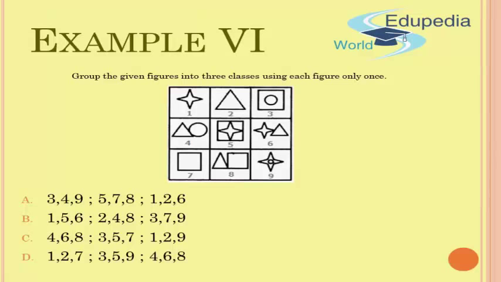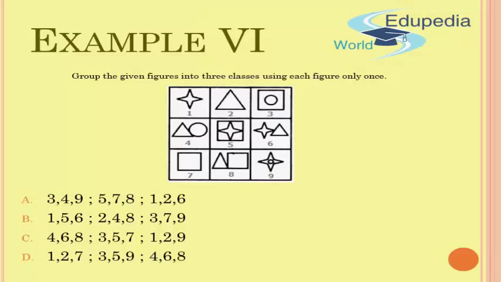So in part 1 we saw the concepts of grouping of images, what these kind of questions require as far as the logic is concerned, and we solved 5 examples with different lines of thought. Now in this part again we will take a look at different types of questions and how to group